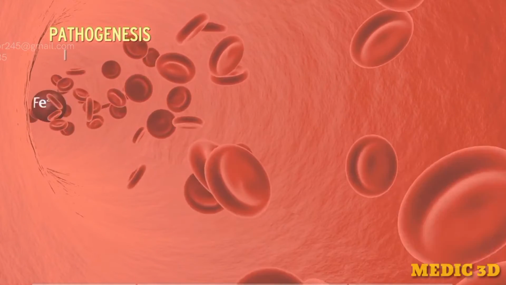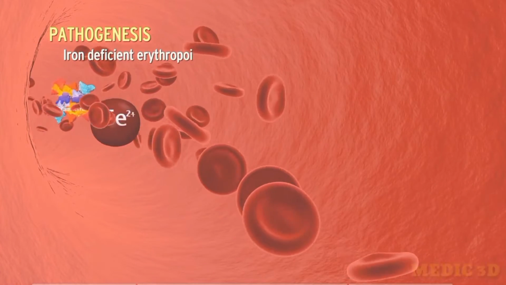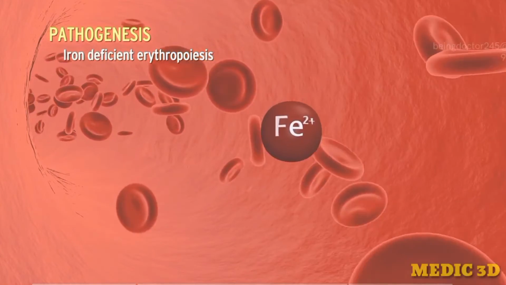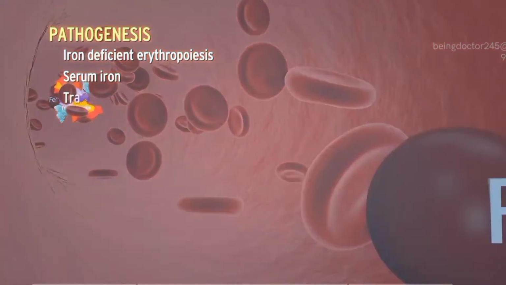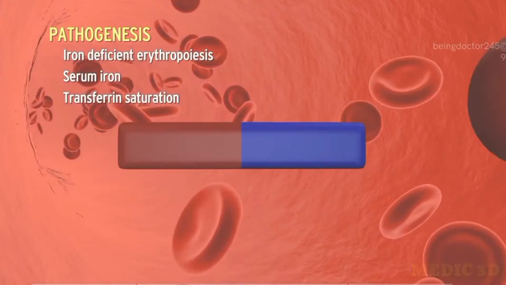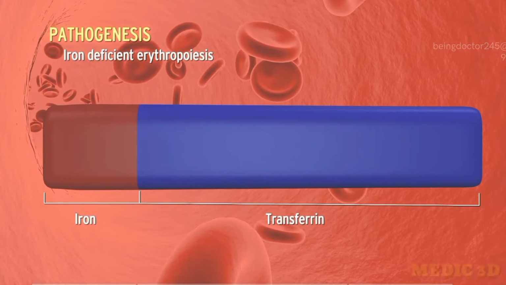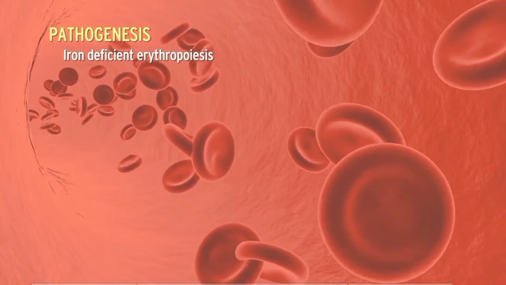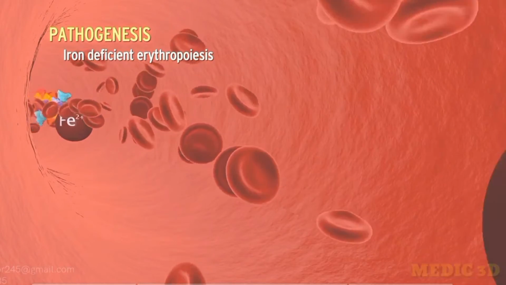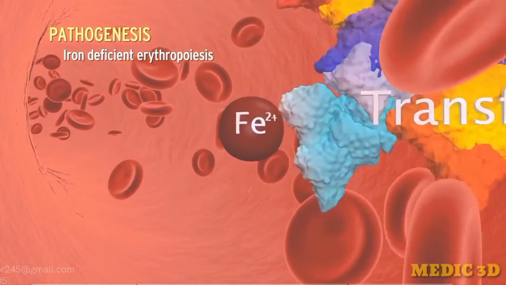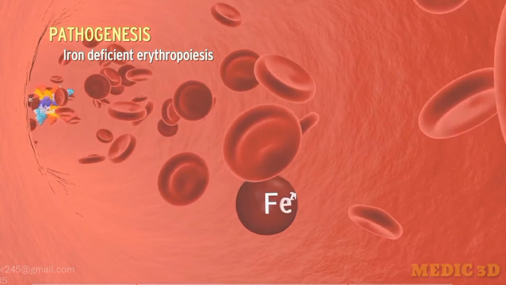Stage 2. Iron deficient erythropoiesis. Serum iron and transferrin saturation are decreased with progressive depletion of iron reserves, but still other RBC indices such as